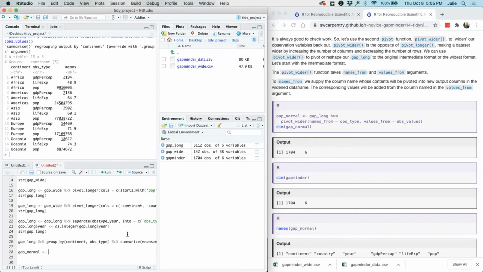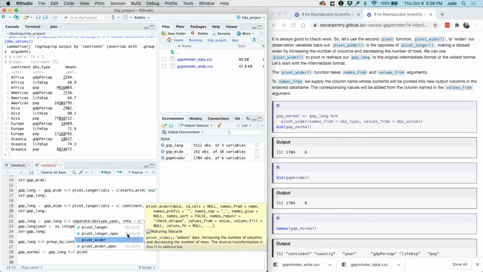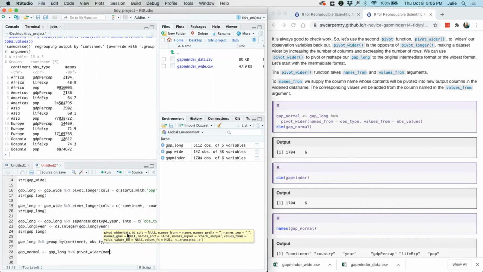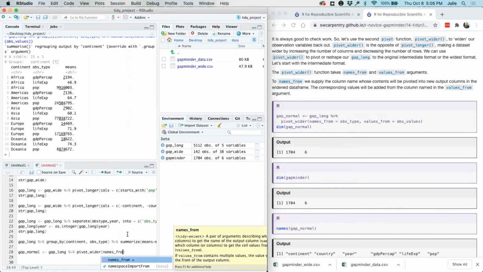All right, so creating our gap normal, we're going to take that gap long data frame we created. We're going to pipe that through our function pivot wider, which we see down here, increasing the number of columns and decreasing the number of rows. Wonderful. And we're using the names from, right? Again, to supply the column name whose contents will be pivoted into a new output column.